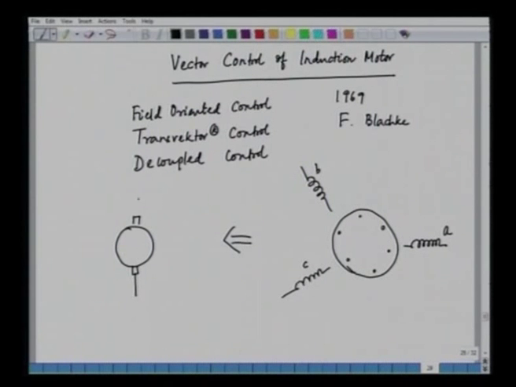We have a DC machine here, an armature and a field winding. Just have a comparison in this case. We have the armature current IA and we have the field current IF, and these 2 currents are orthogonal to each other. This is the axis and we can call this the D axis, this is the Q axis, and this angle is 90 degrees. And we know that the torque is given by a simple expression like K into IA into IF.